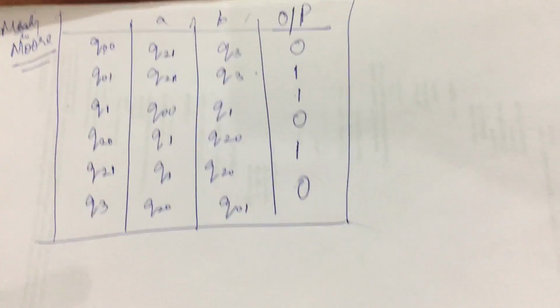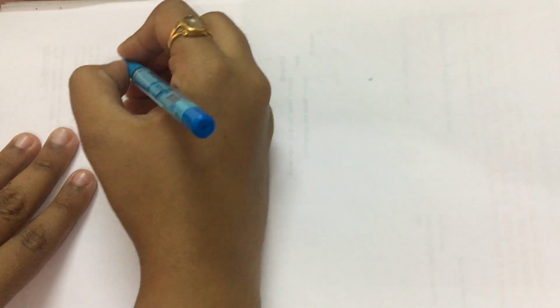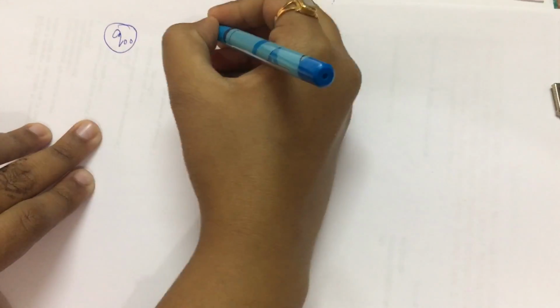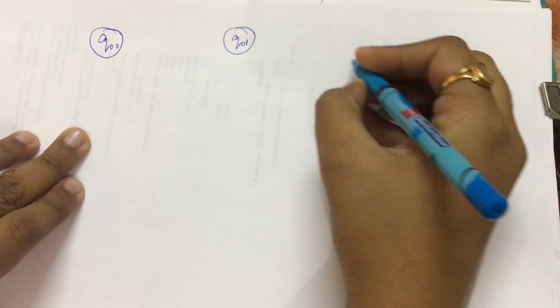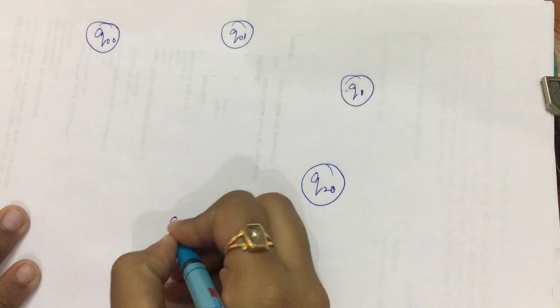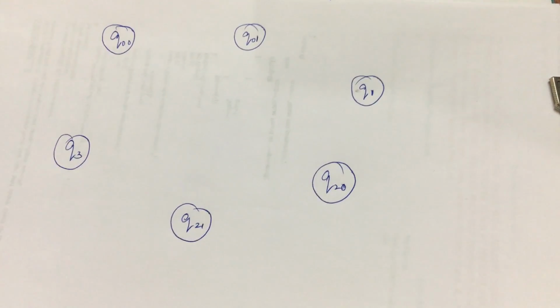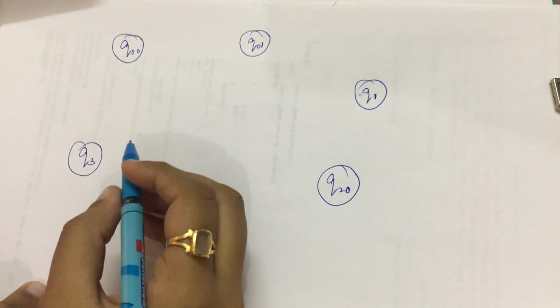Okay, so now you know what you're going to do next. Obviously we are going to make the transition diagram correspondingly. So just to avoid any sort of confusion, let me make it in front of you. Here there are no initial or final states. So what we are going to do is make the transition table. Okay, so I have states Q naught 0, Q naught 1, Q1, Q2 0, Q2 1 and Q3. It is always advisable to draw neat transition diagrams, obviously, for the sake of understanding.